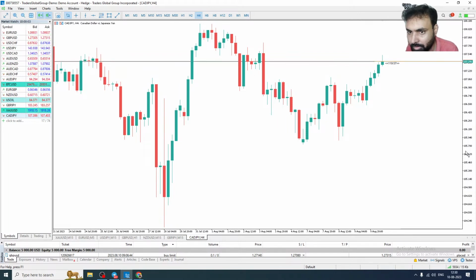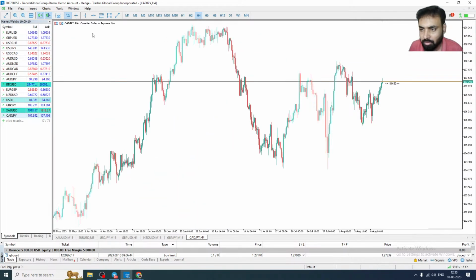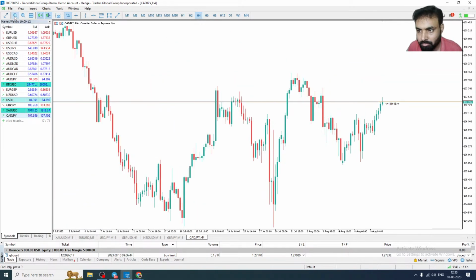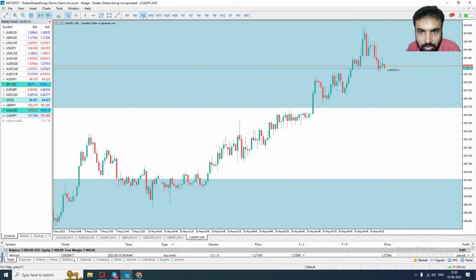Then let's go to the 4 hour. In 4 hour, it recently broke the high, and this is your buying level, right? Broke this high, buying level, and it is approaching the 4 hour manipulation zone. Full candle, half candle. So it is there inside, right? So let's go 5 minutes.